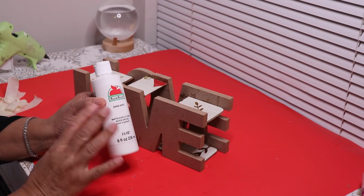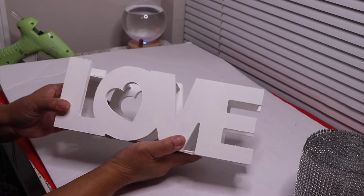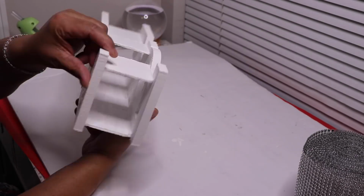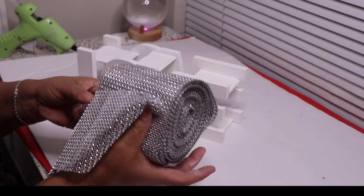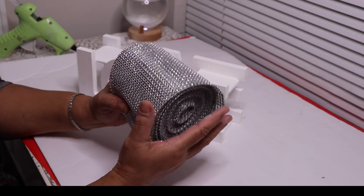Next, I painted the entire sign with this white acrylic paint as a primer just in case the surface is porous. I'll be decorating the outside of my letters with this bling from TotallyDazzled.com,